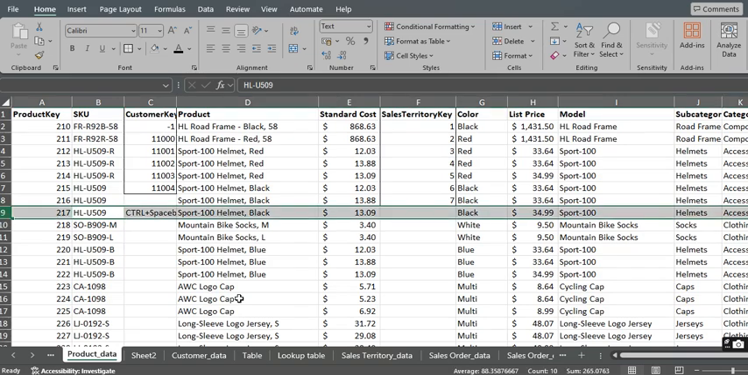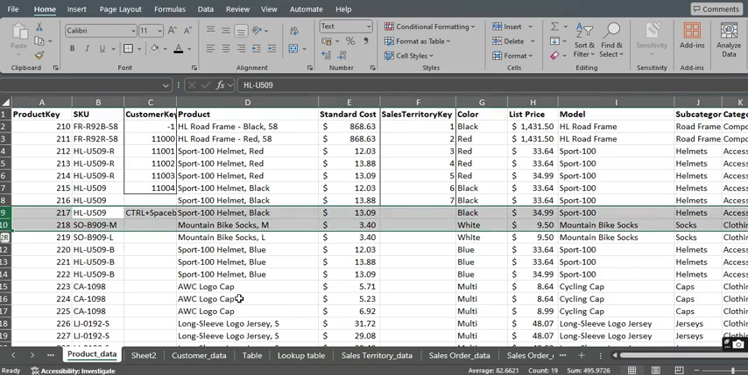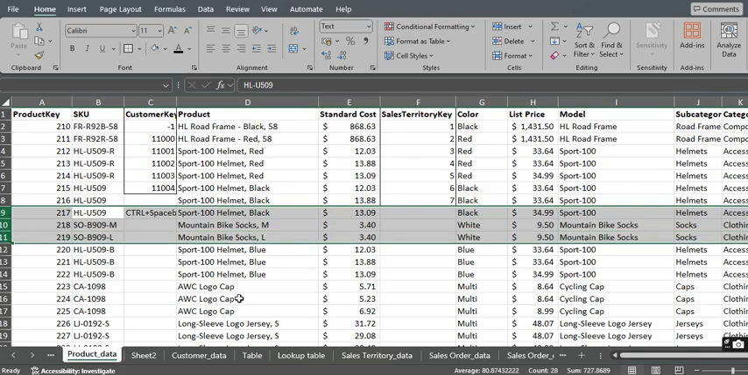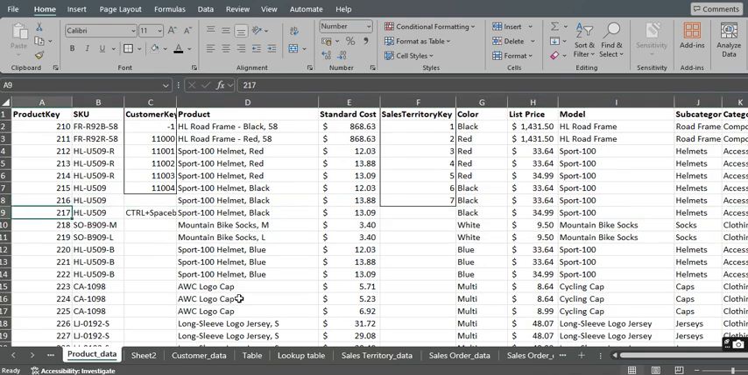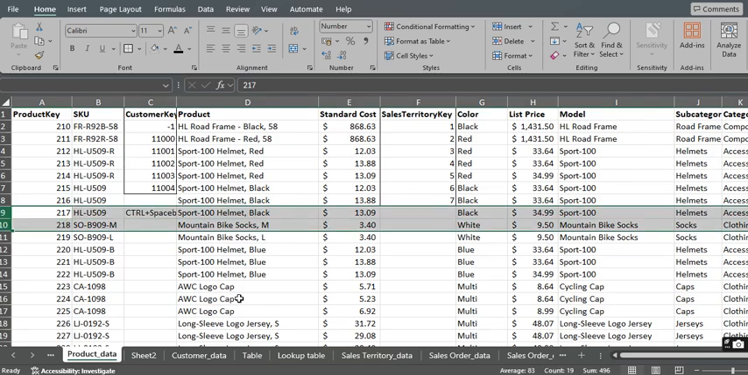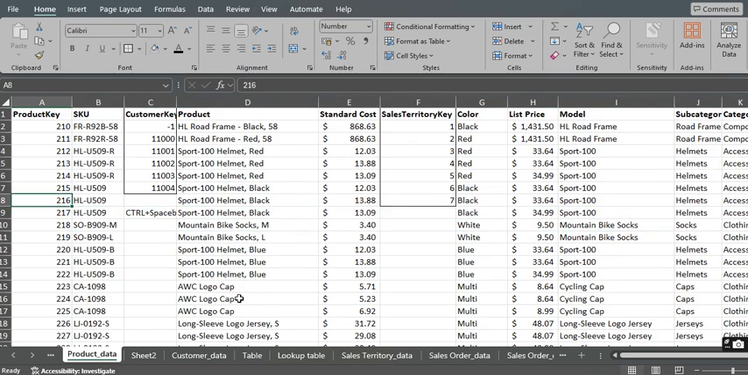Similarly you can do it in rows. Try to use this on rows, and let me know if you are able to do it or not. Comment and let me know if it is